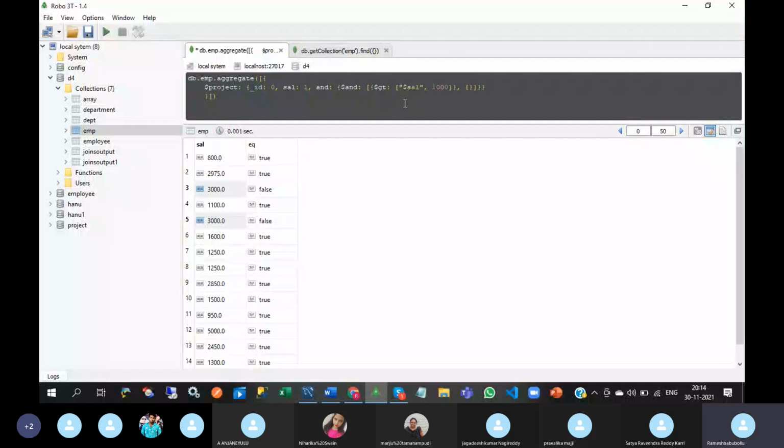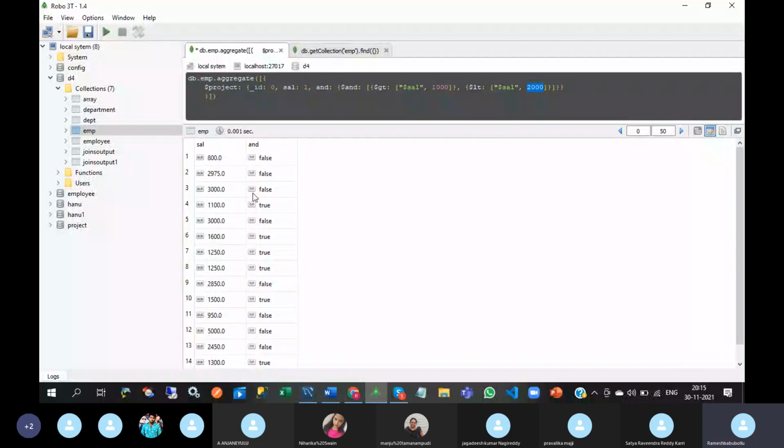So this flower bracket is closed for greater than, and this one is open for less than. Flower bracket, sal, comma, 2000, and. See this. So salary should lie between 1000 and 2000.